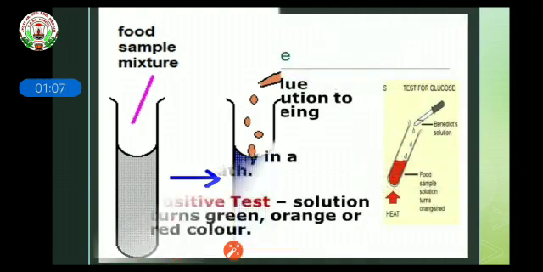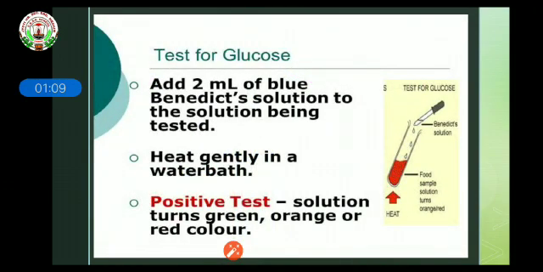Next, test for glucose or sugar. For this we have to take some food sample, crush it or dilute it in a test tube, and then add 2 ml of blue Benedict solution. These are the chemicals which we find in our chemistry lab. When we put 2 ml of Benedict solution in that food sample, after that we will heat it